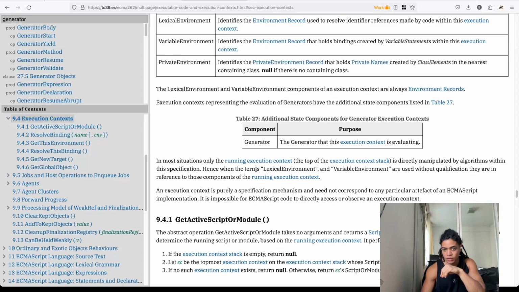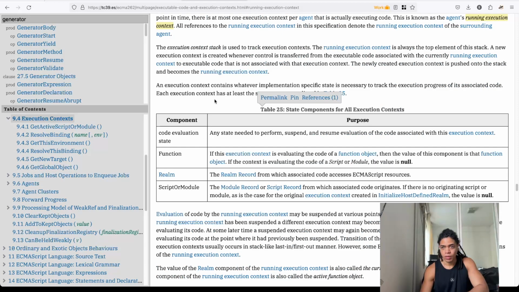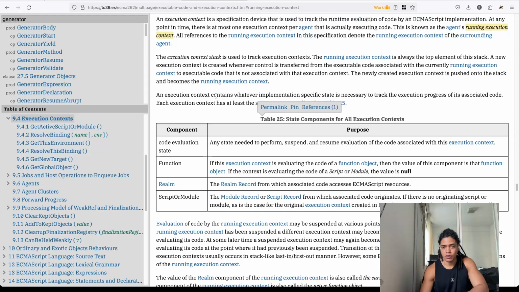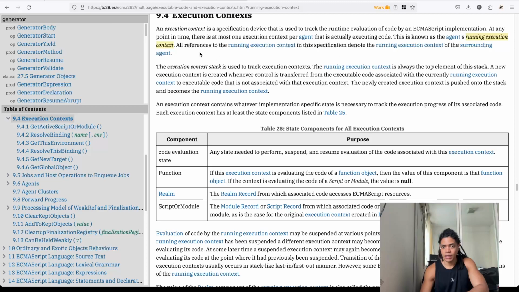Hence, when the terms lexical environment and variable environment are used without qualification, they are in reference to those components of the running execution context. And when they mean the running execution context, here is exactly